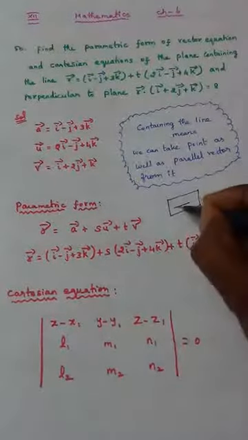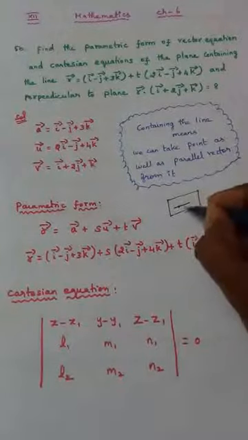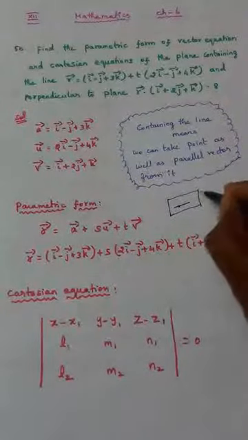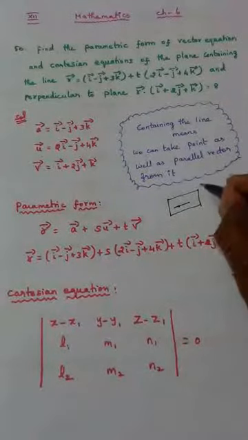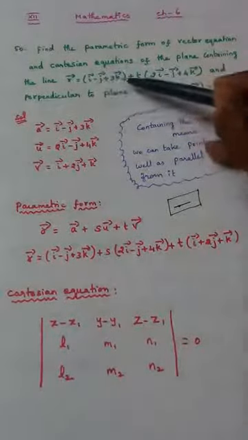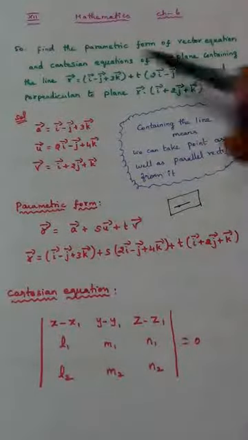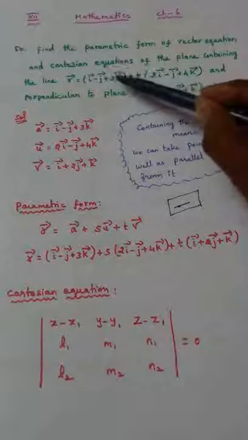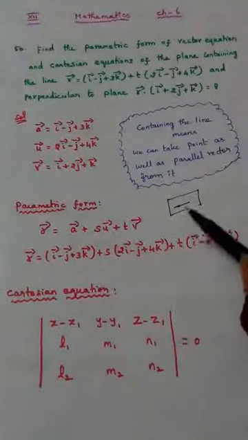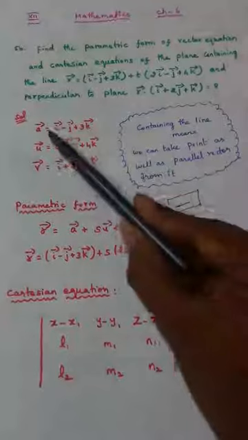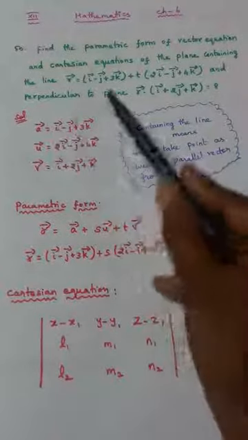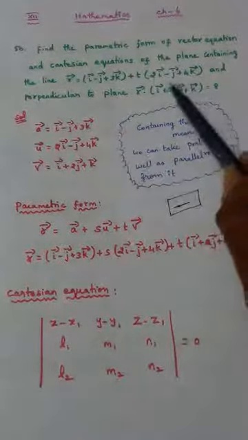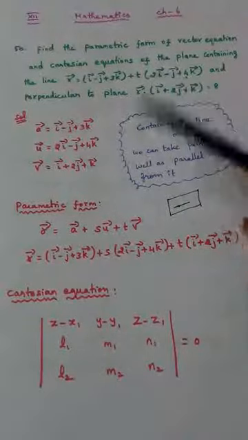So since this line is itself in the plane, if I take a point on the line, definitely the point belongs to the plane also. So this is nothing but the straight line. Out of this is the point on the straight line. So I can call this point as nothing but a point on the plane. So I can take the point as a vector, i minus j plus 3k. And what is this? Parallel vector to the straight line.